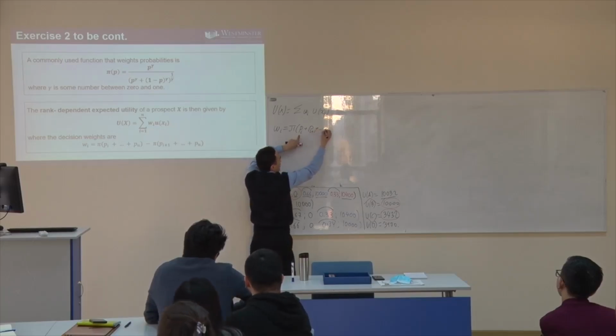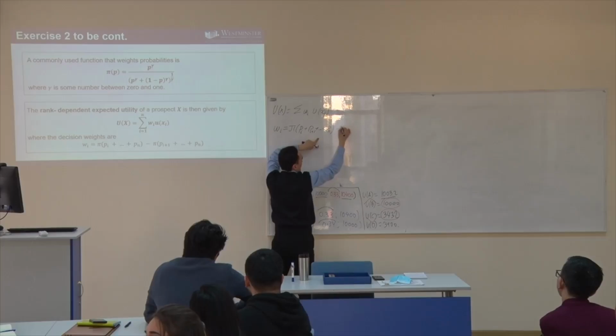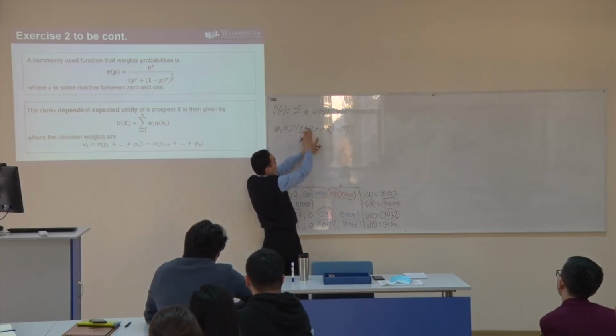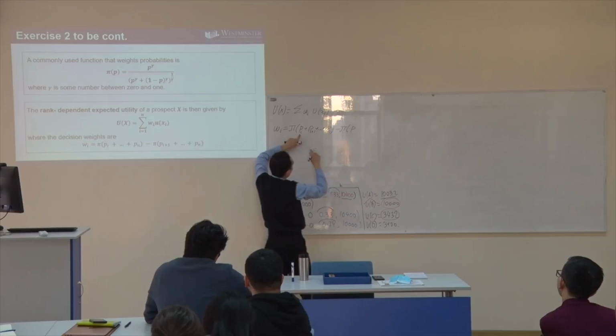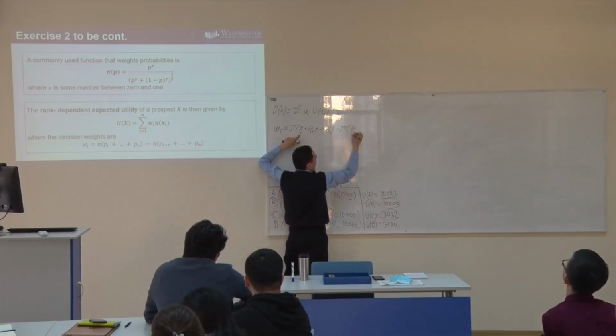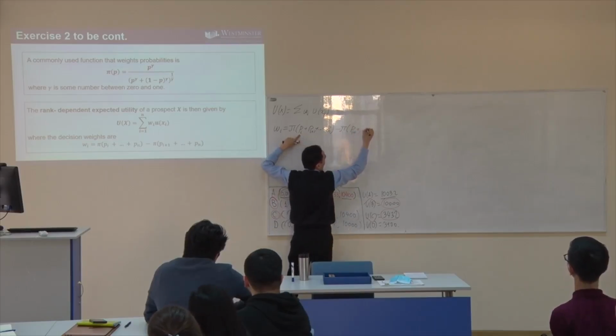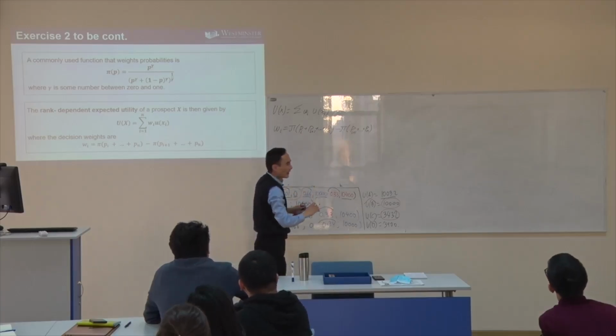Plus, and so on. The best one, and you have to subtract from pi the second worst one. You will drop the first one, the second worst one, which is pi, because then it will consider how it is weighted. So now i plus 1 plus and so on plus probability of n. So now this is it, all right?